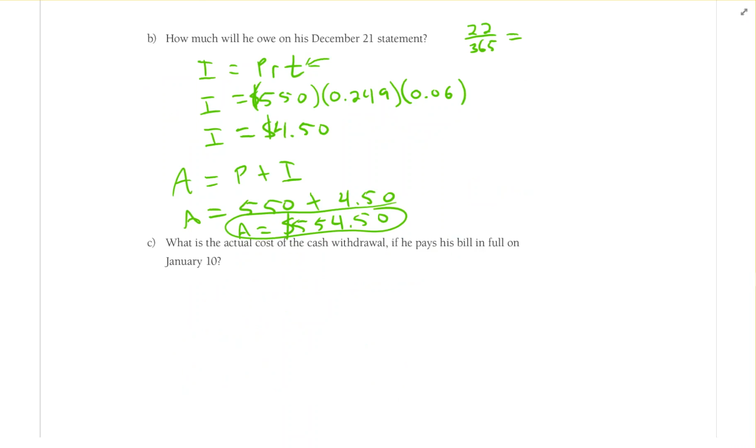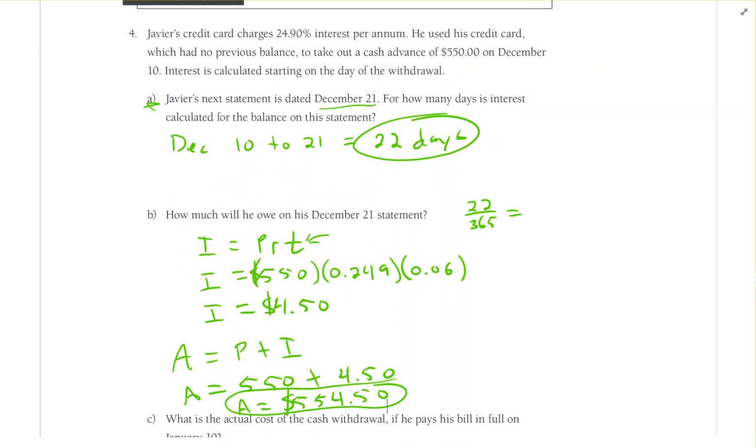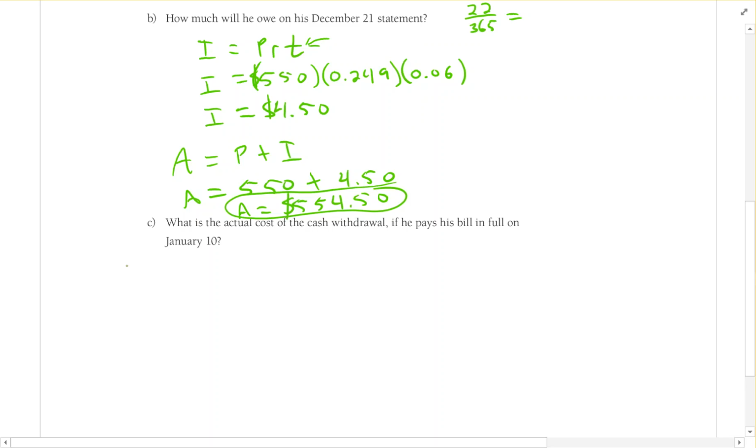All right, so C says, what is the actual cost of the cash withdrawal if he pays his bill in full on January 10th? So what we just need to figure out is how much interest is actually going to grow over that time. So we got to figure out the days first. So remember, it started on December 10th, right? Was when he took the money out. So we're going to go December 10th